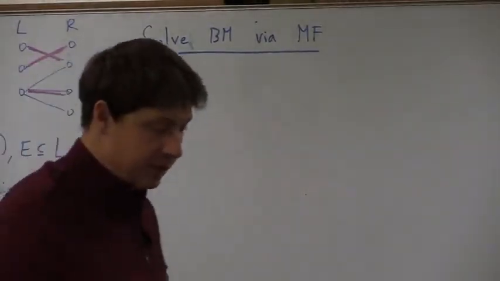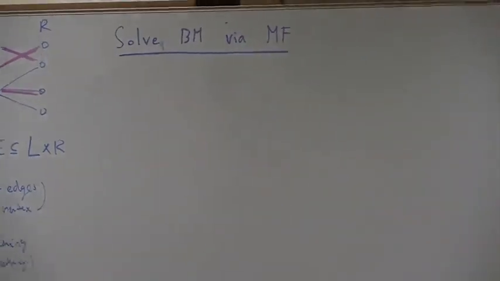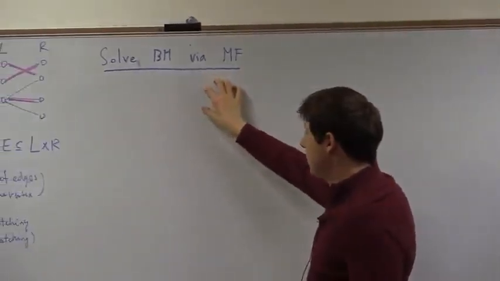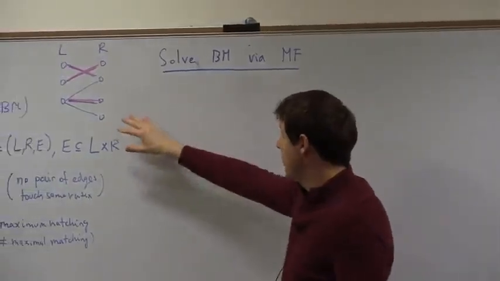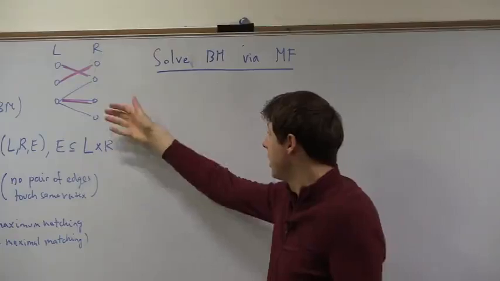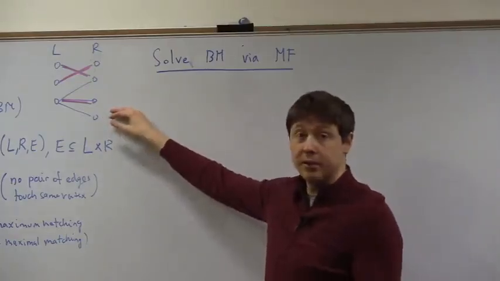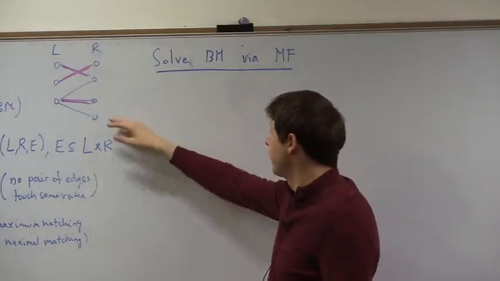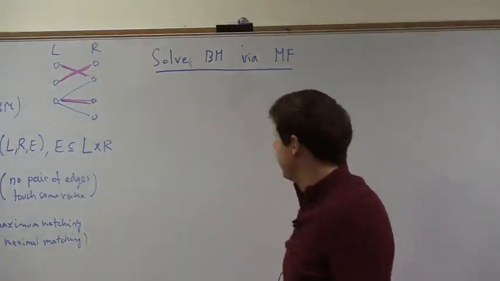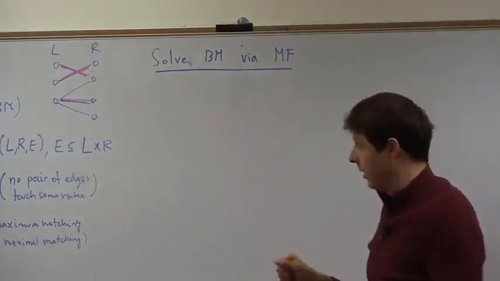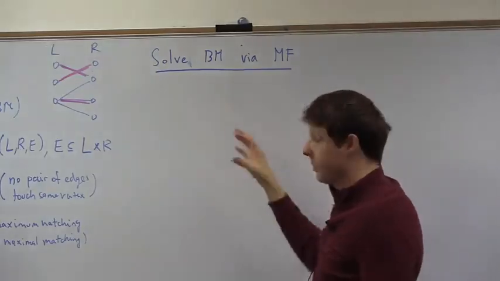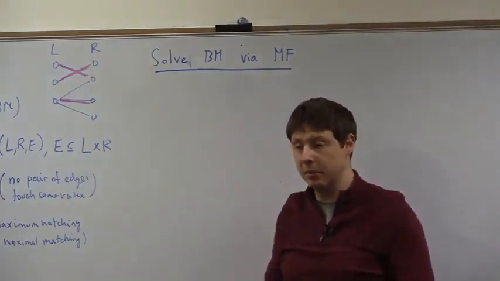Max flow is also about graphs, but it's not quite bipartite graphs, right? If we're going to be using a max flow subroutine to help us here, the max flow subroutine really understands different things. It expects, for instance, a network. Networks are directed. This is an undirected graph. Also, networks have capacities. Where are the capacities here? This is an undirected sort of graph. It has these 2 parts. So somehow we're going to be able to take our instance of the bipartite matching problem and turn it into some network, and somehow finding the maximum flow there will help us